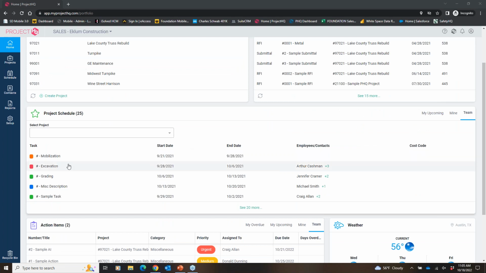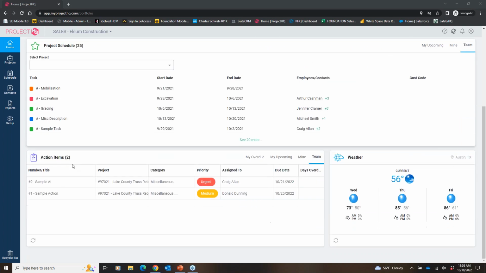In the middle, these are tasks on a job. So this would tie into the whole CrewHQ side of it, more of an overview on tasks. And then at the bottom, there's a place for action items. And then weather conditions, and that's just wherever you're located, just from an informational standpoint, it would show you the